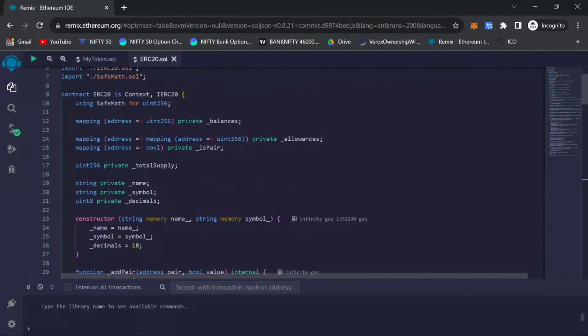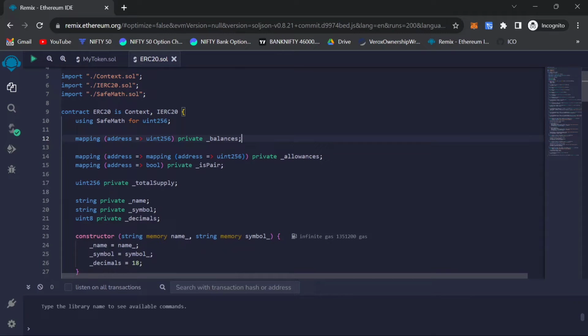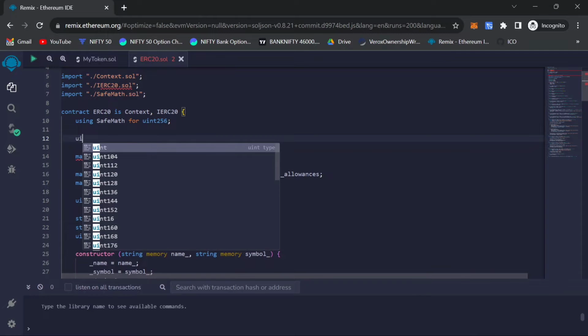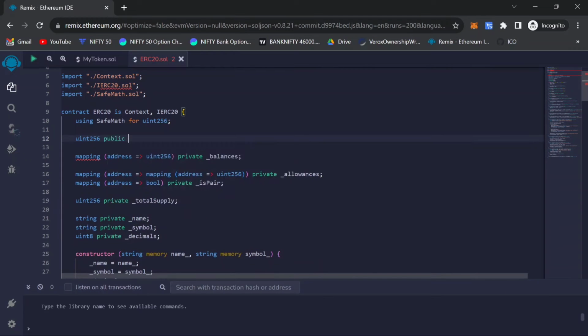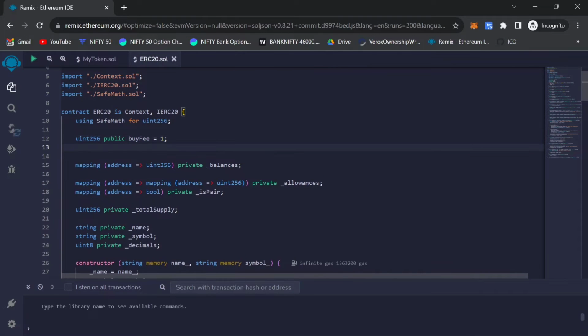To do that, we need to go to the top, and here we can add uint256 public buy fee equal to, we can give it buy fee 1%, and then copy it and paste here, and then write it as sell fee. So let's say sell fee is 2%,